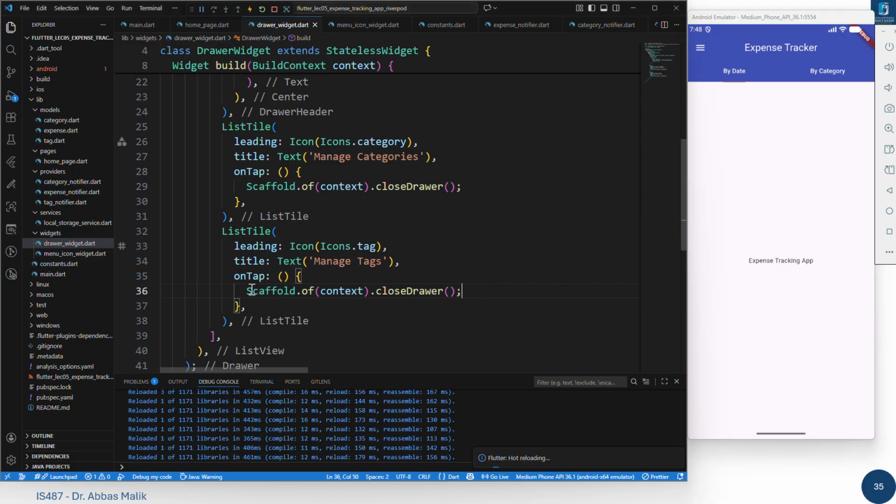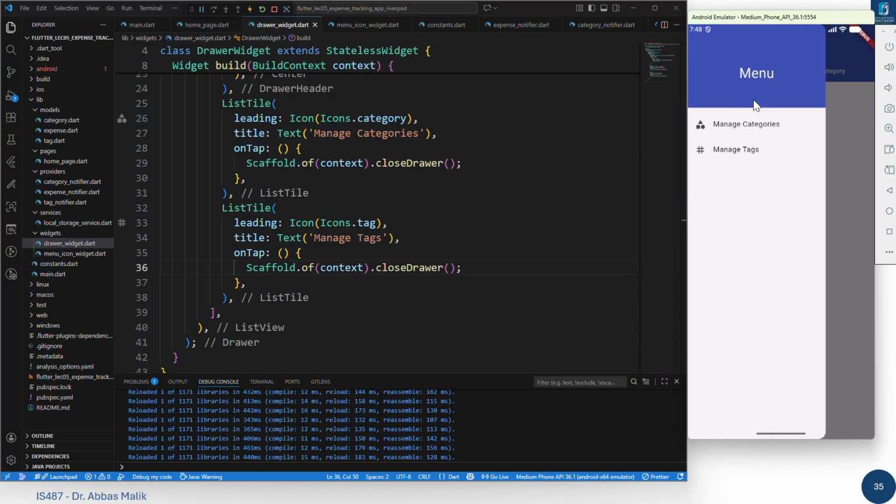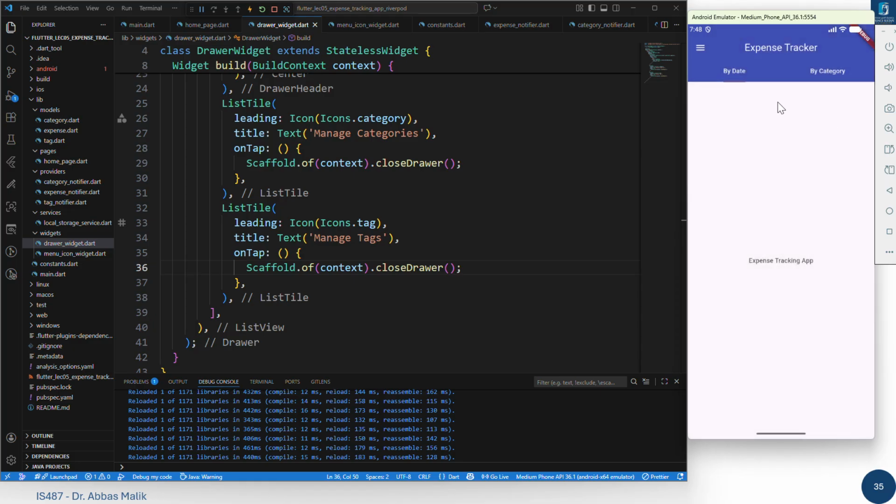But that we will do once we create that page. We can come down here inside. But right now, we have created this specific drawer for the time being. Okay. What else? The next thing that we have created is the menu icon, we have created the drawer, and now